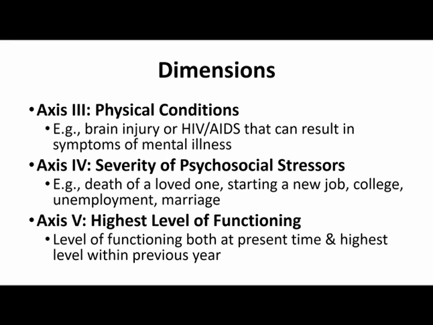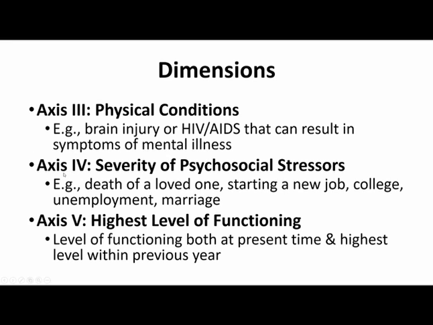Now, Axes 1 through 3 ended up being combined into one for the DSM-5. So all of those different contributions were assessed all at once using the sliding scales of the DSM-5. I'm not going to go into tons of specific detail on how they diagnose people with the DSM-5, because there are entire classes on clinical psychology that teach you that. So we're going to keep this pretty low detail.